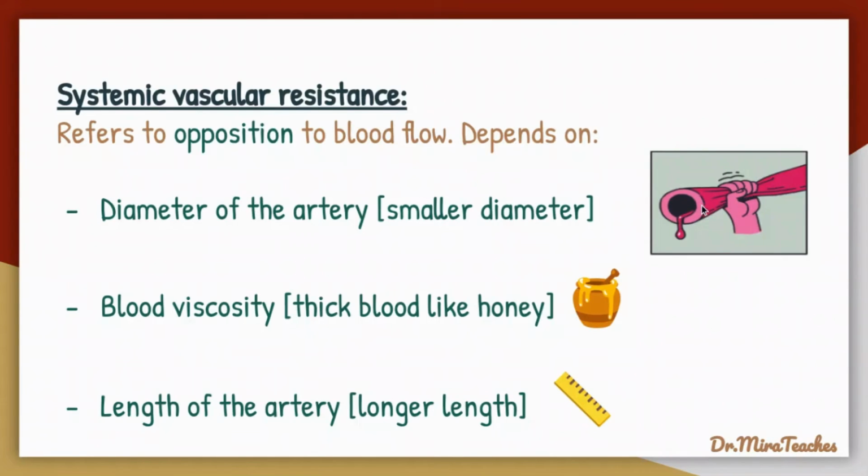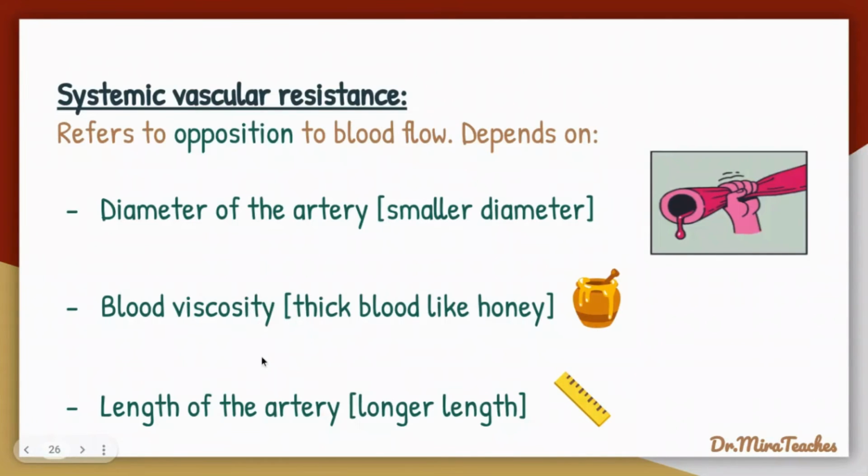Okay, so the heart now has to work harder to get blood to go through an artery which has a smaller internal diameter as compared to one that is very big. In that one, the blood can flow very easily, you see. All right. Now, when the blood is also very thick, okay, so that's blood viscosity. Blood cannot flow very quickly and smoothly. Imagine honey. You see the way honey is very thick and viscous. When you pour honey out of a bottle, see how slowly it flows. Yes. So that causes an increase in systemic vascular resistance when the blood is very viscous.